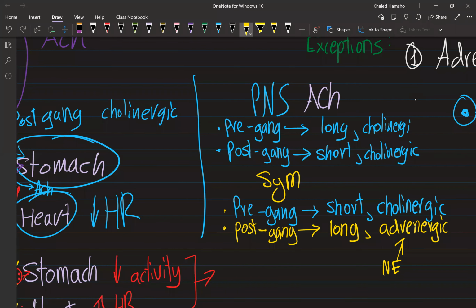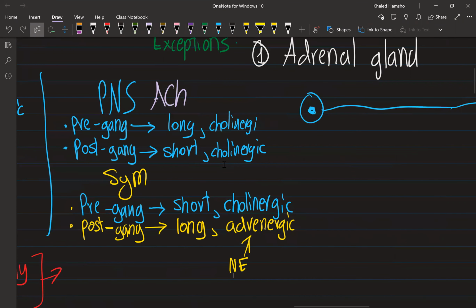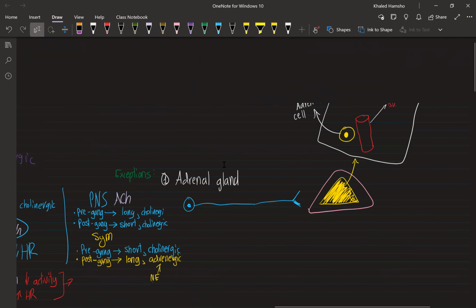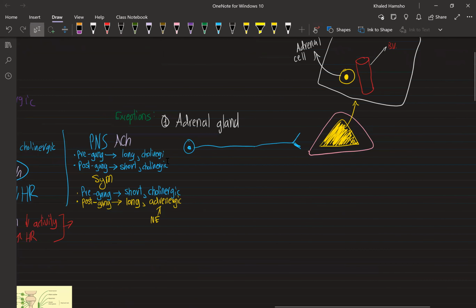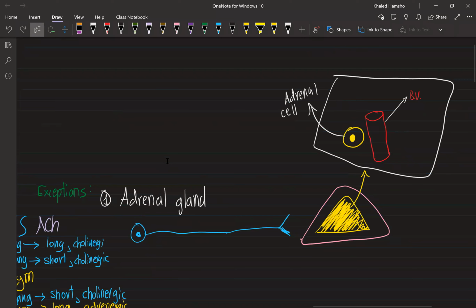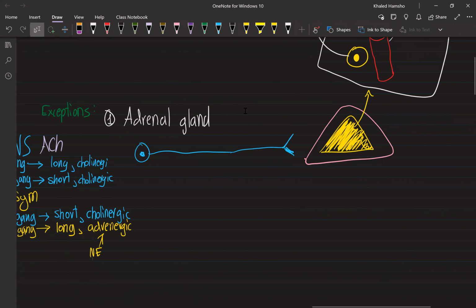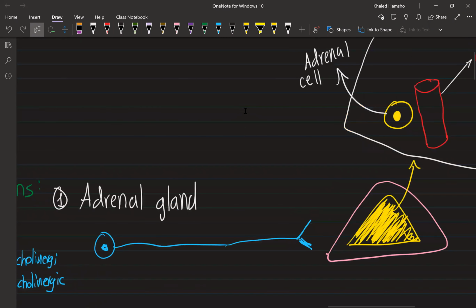So now that we've discussed these specific differences, we can jump into more specific things. Now, I just want to point out some exceptions. The first thing I want to discuss before I jump into the different receptors is that the adrenal gland,